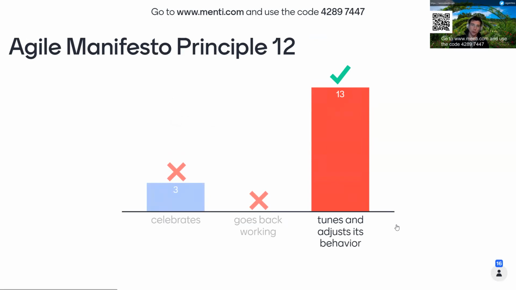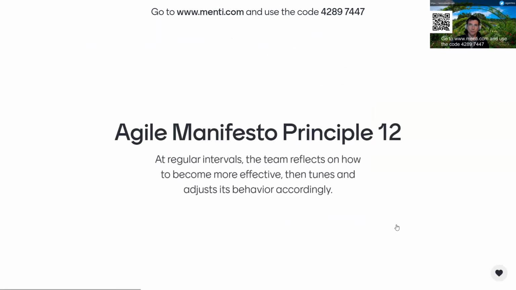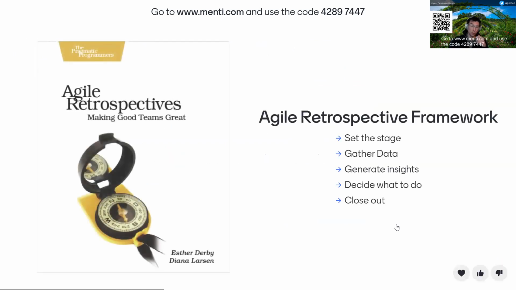So tune and adjust behavior accordingly. So this is the Agile Manifesto Principle 12. A good amount of the group knew it already. And so this is the purpose for retrospective to exist. So at regular intervals, we reflect on how to become more effective, then we tune and adjust its behavior accordingly